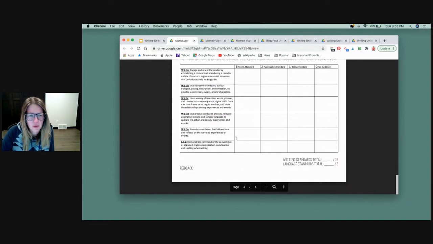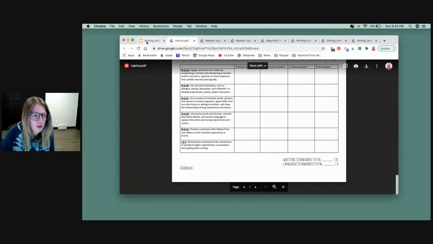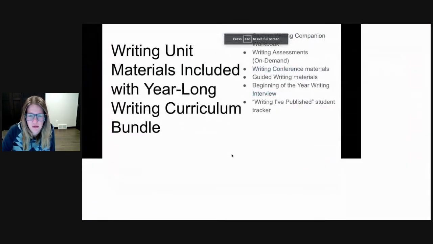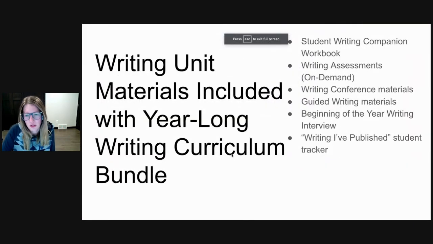So lots of different rubric options included for you. And once again, these are all in PDF and editable forms, because I know you'll probably want to switch those up depending on what standards you use and maybe how you teach the mini lessons. You might have to tweak something. So then the next part